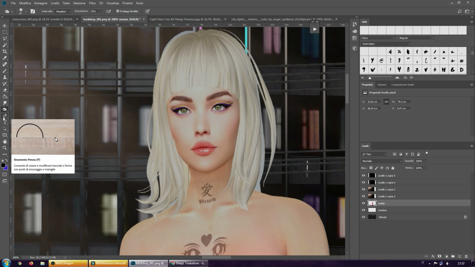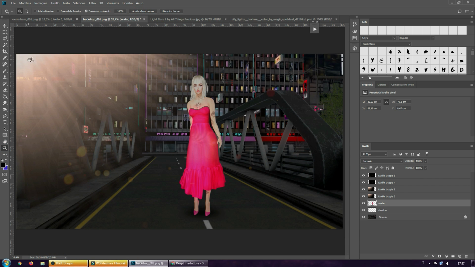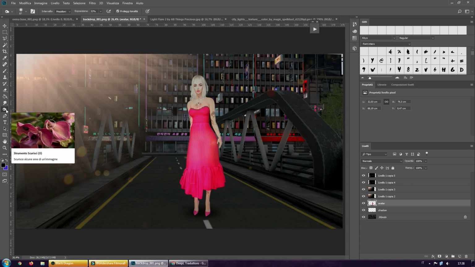So, in my case, I have the light that comes from the left side of my photograph. So in this part I have lights, and in this other part I have my shadows. So I need to create shadows here and lights here. To create shadows here, I go to this option, okay,